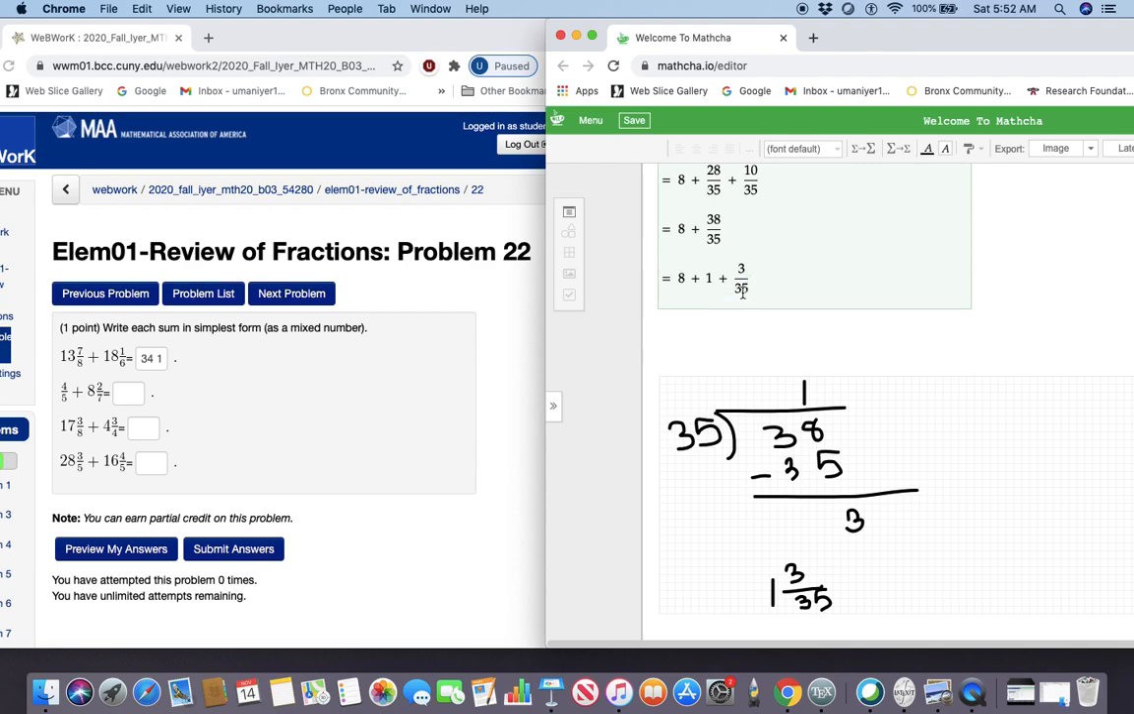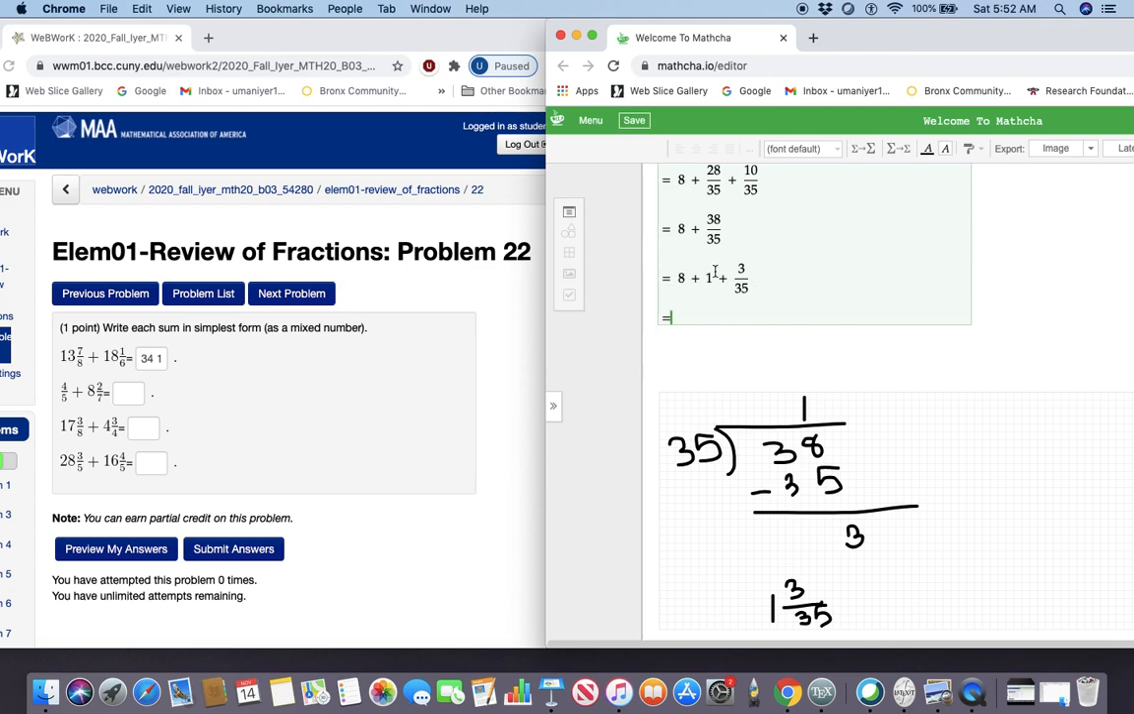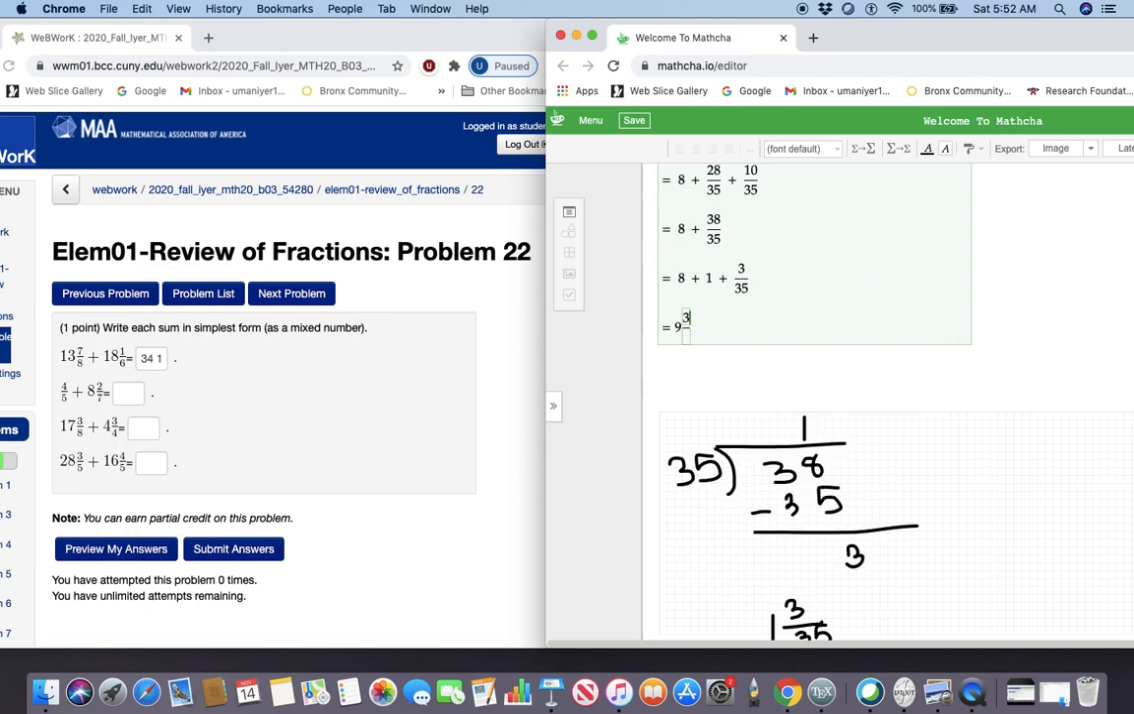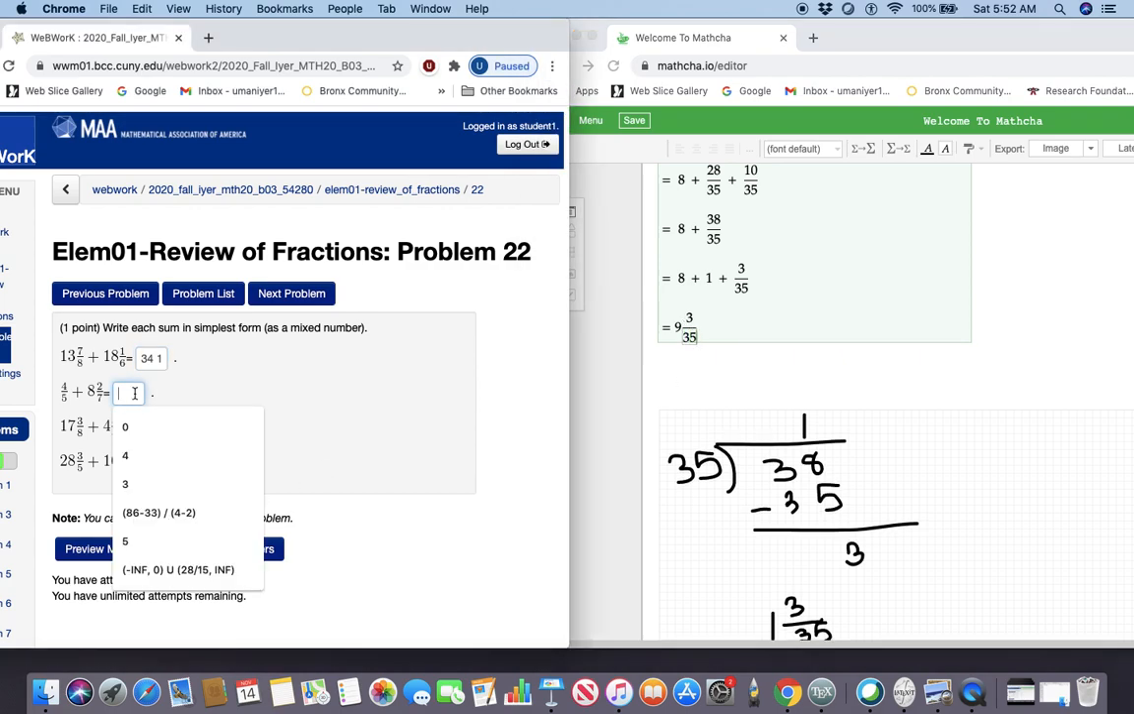Notice how instead of writing it like this, I wrote 1 plus. Why did I do that? Because now I can add the whole parts. 9 and 3 over 35. Okay. 9